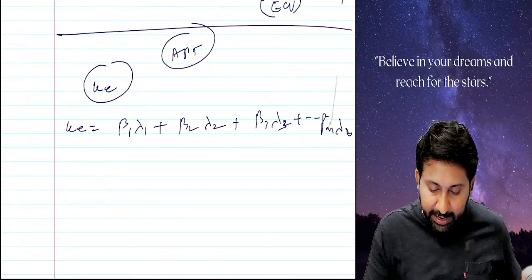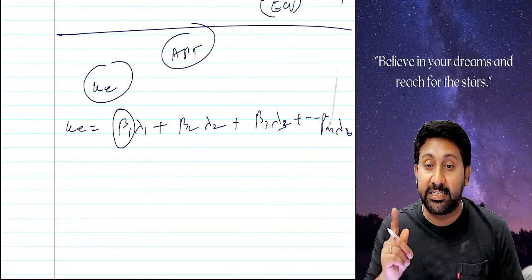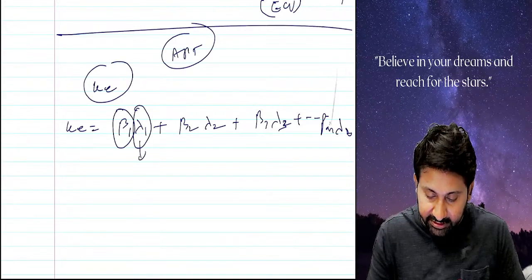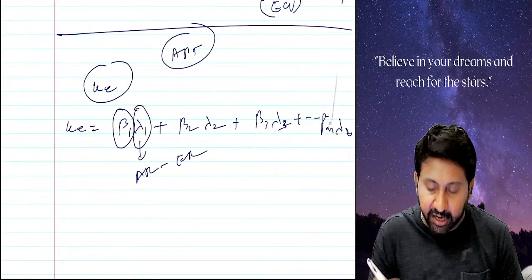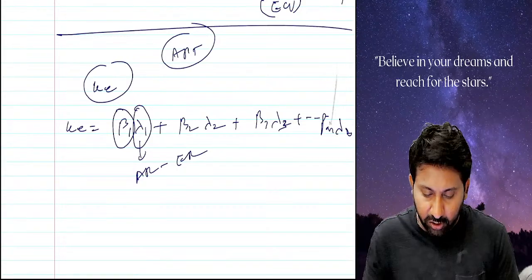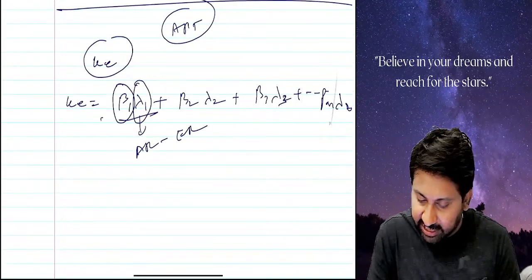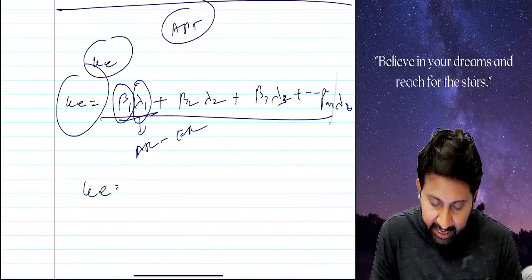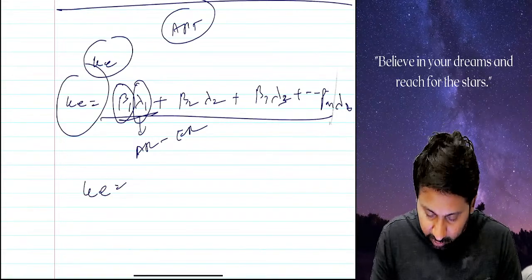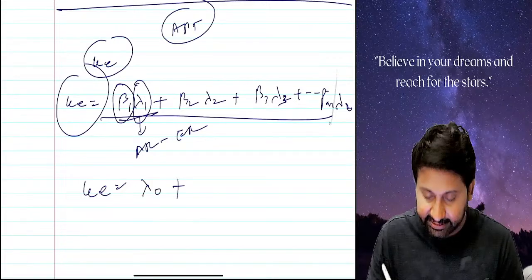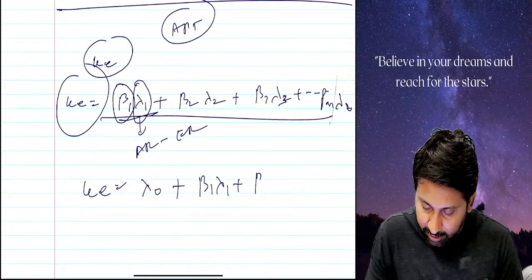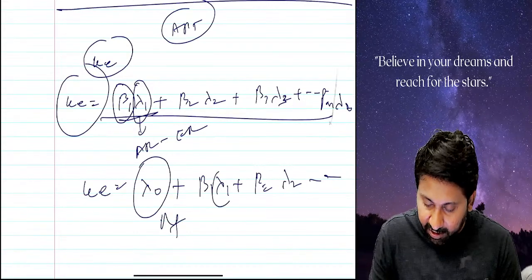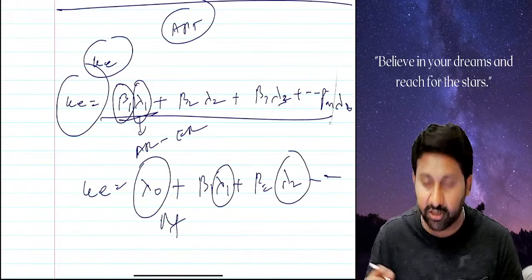Beta is the economic factor beta. For example, GDP has a beta, and lambda 1 is the risk premium for that, which is actual return minus expected return. We multiply each beta by its lambda and add all the elements, and we will get the answer for KE. So the KE formula is KE equal to lambda 0 plus beta 1 lambda 1, beta 2 lambda 2, and so on. Lambda 0 is the risk free rate. Lambda 1 means risk premium, and this is also a risk premium.